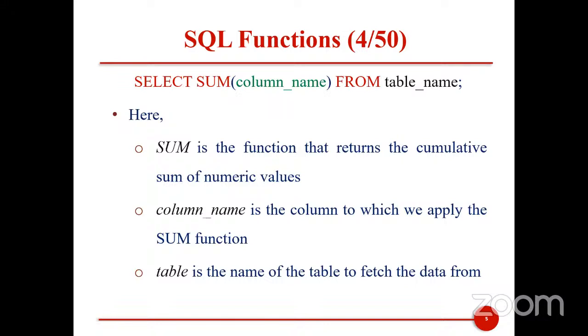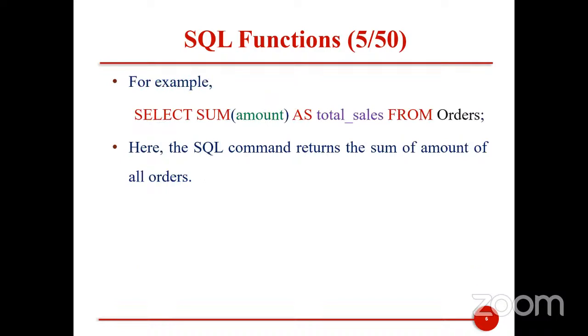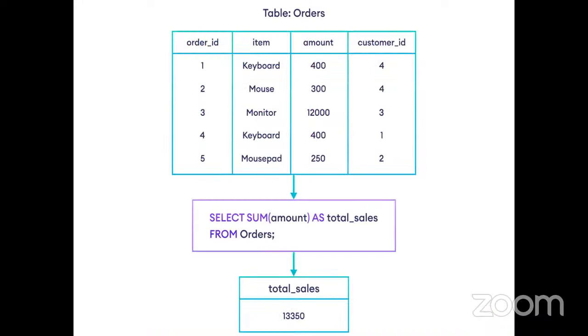Then you can also use these SUM or AVG functions, the minimum and maximum, with GROUP BY or ORDER BY. We shall see them later on. The simplest example we have here is SELECT SUM(amount) AS total FROM orders. For example, SELECT SUM(amount) AS total_sales FROM orders means that it will retrieve only one column. It will compute the total amount and store it inside a column called total_sales